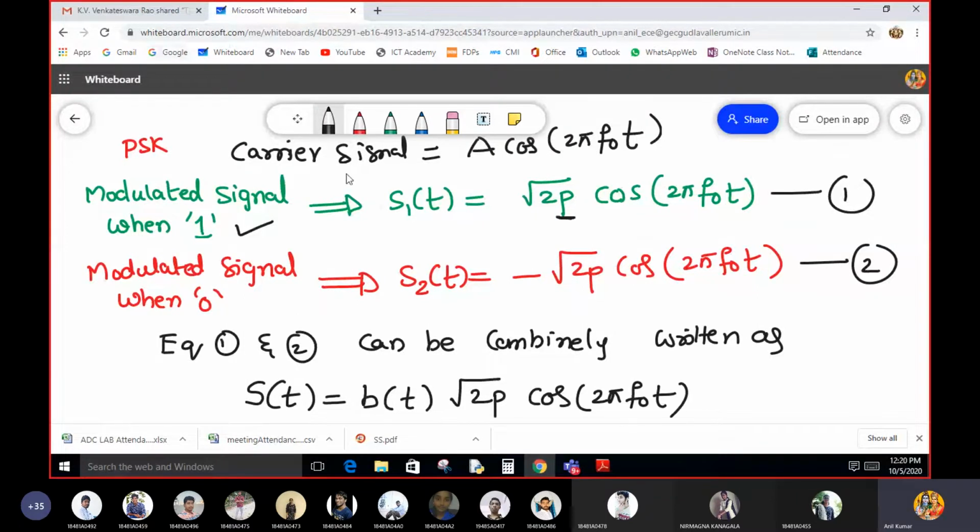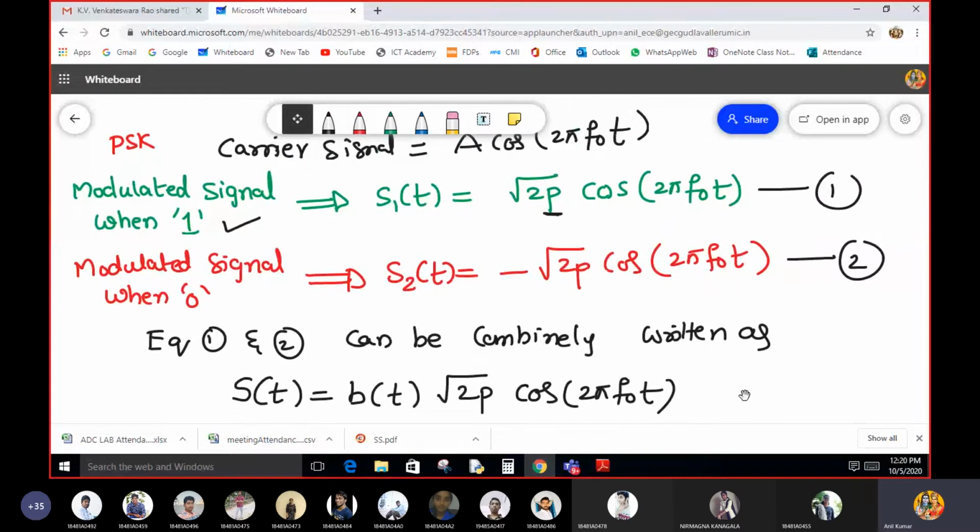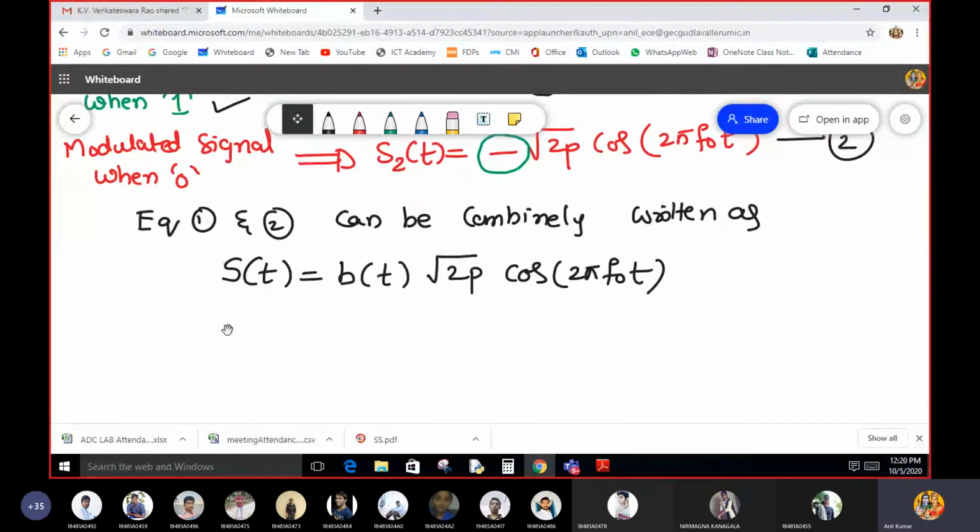Okay, and now, anybody, what is b of t? Can anyone tell me? What is the value of b of t here? When transmitting 1, what is the value of b of t? When transmitting 0, the value of b of t is -1, right? Very good guys. Now b of t where b of t is equal to